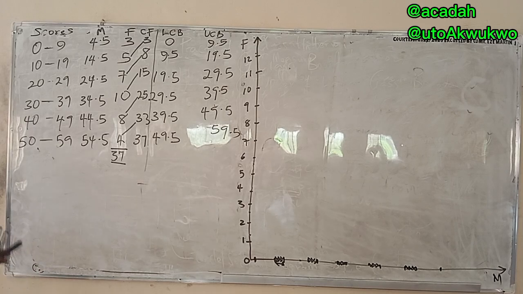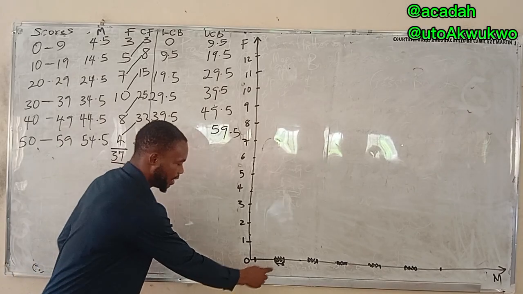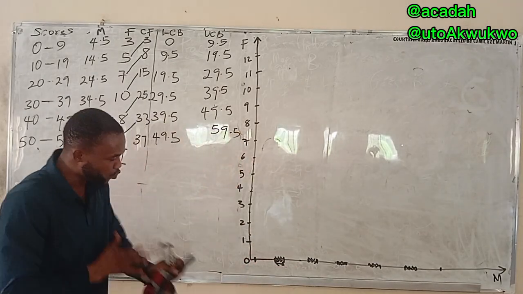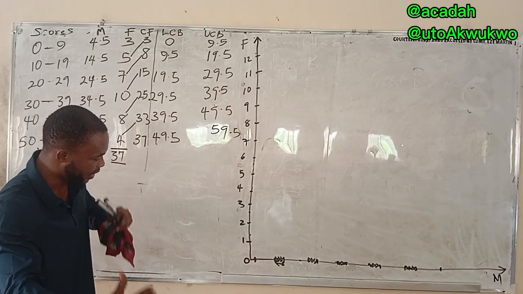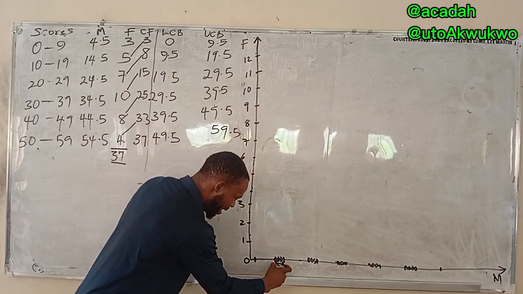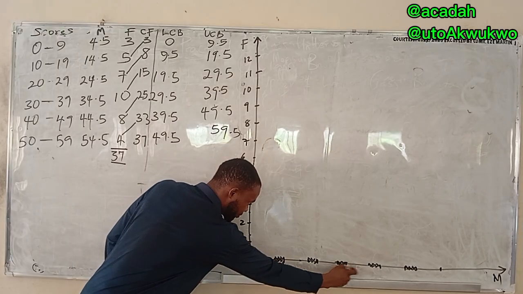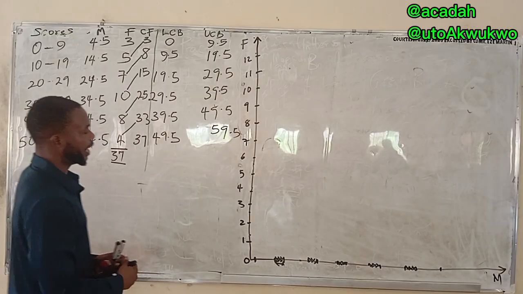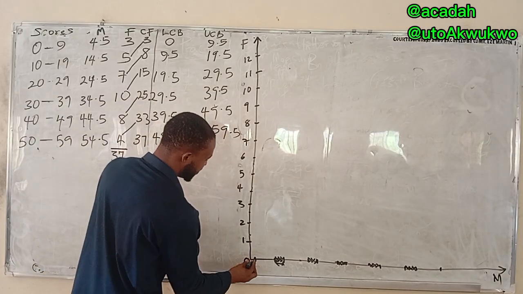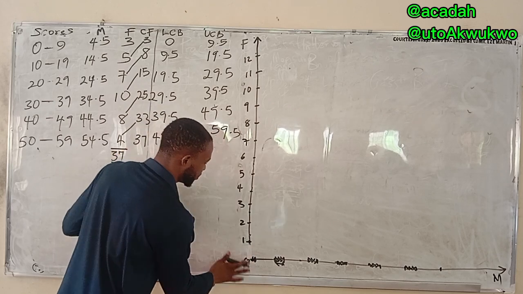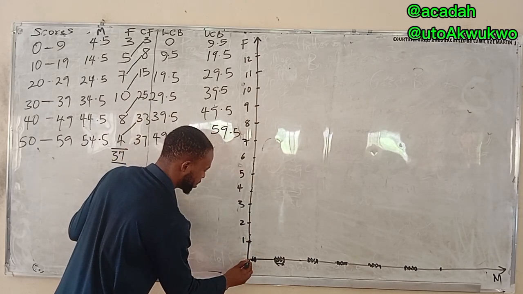Another person can choose to use 3 centimeters to do his own rectangle. Maybe this space to 3. Another person 4. Me, I'm using 2. It depends on you. Nobody is querying you about the measurement you use for a rectangle. But what you will be queried for is spacing. Your bar chart must have spacing, while on the histogram, when we get there, I will show you why and how to do it. Now, I gave this spacing at the start, even though it's small, but to understand that it should be the same. I didn't remember it when we started.